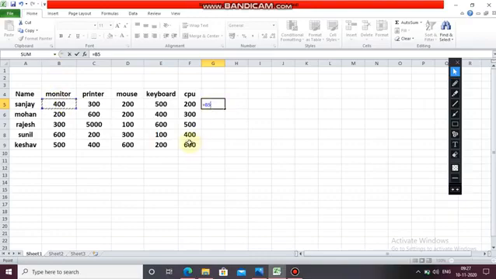So here it is coming B5, then plus, then the next one which you want to add, F5. So I am writing here F5, then enter. See, 400 plus 200 equals what? 600. So I haven't written 400 plus 200, I have written the cell references instead of that. Then also it is giving the answer 600.